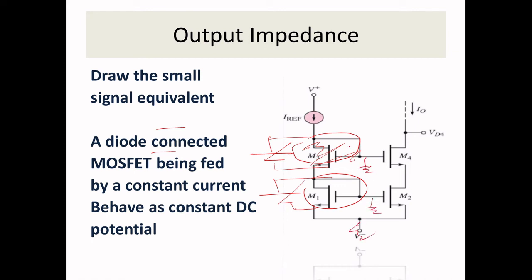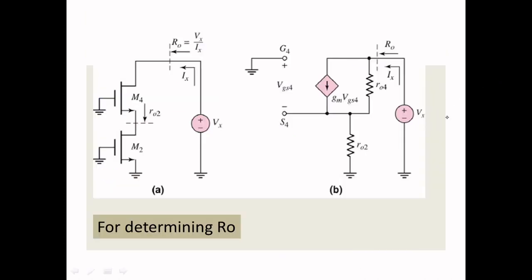So this whole circuit is replaced like this. M1 and M3 are removed, because they were considered as constant DC voltage. So to find the output resistance,